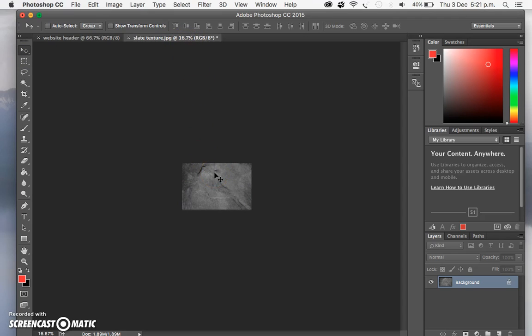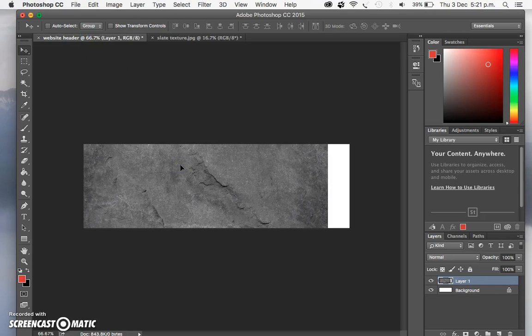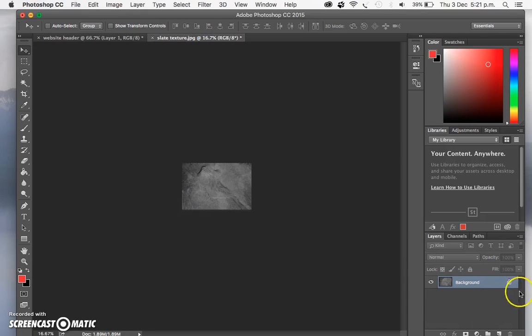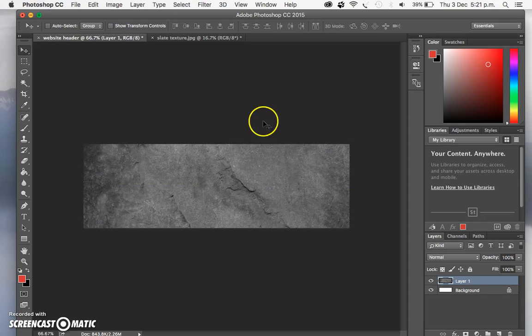So what you should be able to do now is drag this image over onto here. If it doesn't work, it might be because you've got a layer locked, or you've not clicked on it correctly, or you're on a separate layer, but you should be able to drag it through quite quickly. And then once you've got this, you can just pop it into position. Simple as that. So you've now got your texture layer,